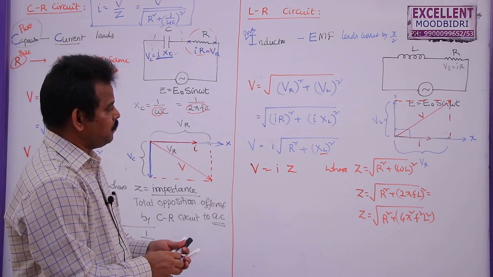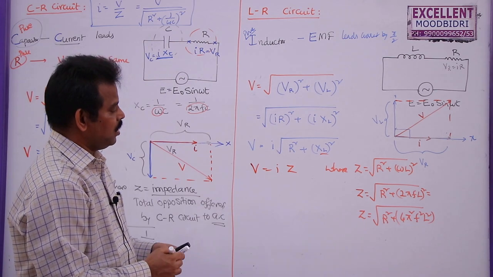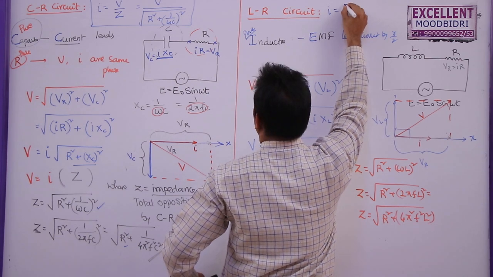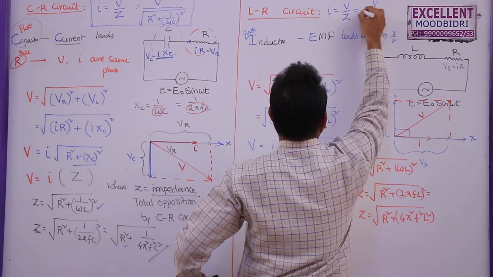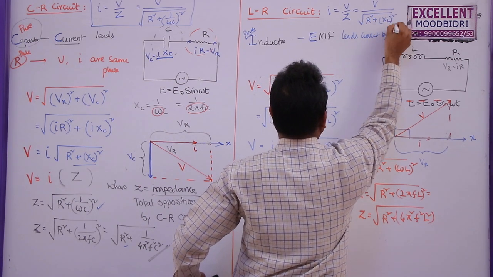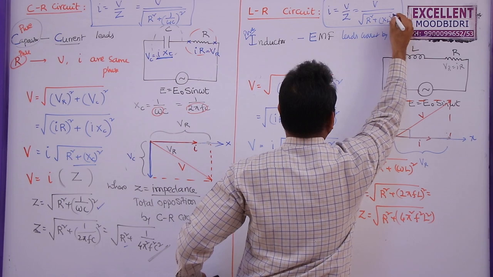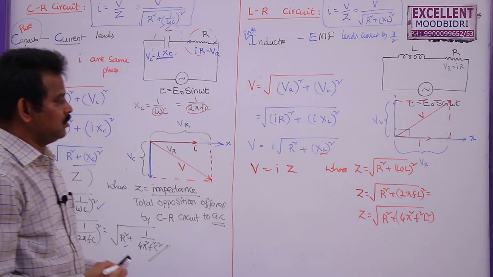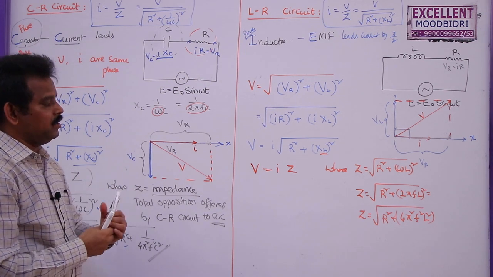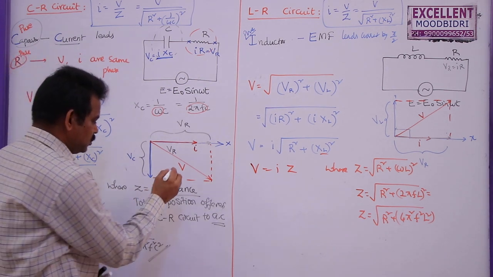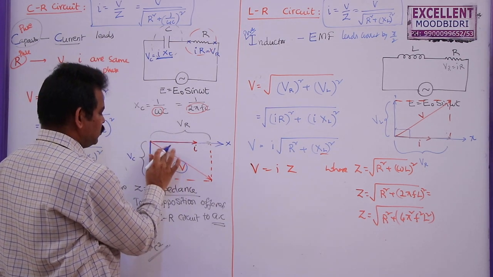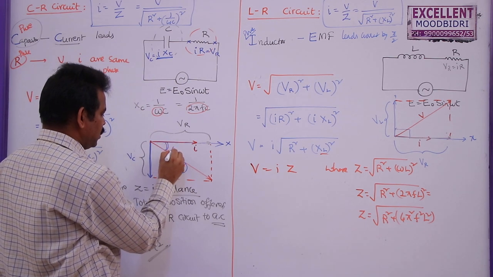Once we get the EMF voltage across this combination and the impedance, the current through this circuit is given by current I is equal to V by Z, which is equal to V by root over R square plus XL whole square. By substituting these values, we can find the current at any instant of time. But in this circuit, we can also find the phase angle between the net EMF and current. So this is the net voltage or net EMF here, and this is the net current here, and the angle between these two is called the phase angle.